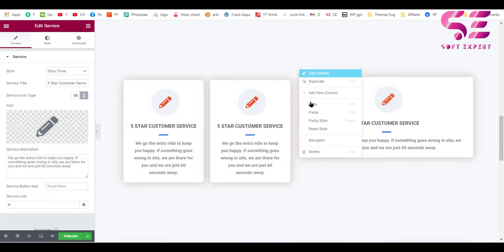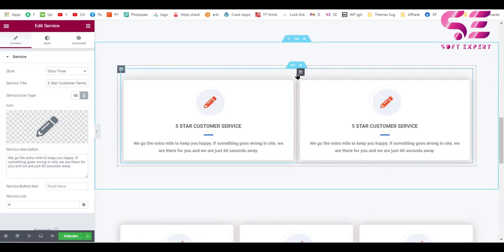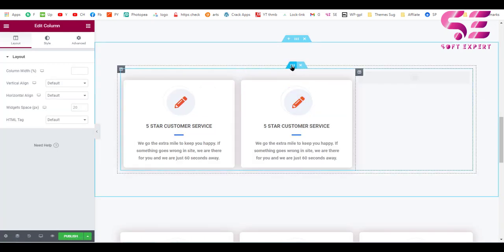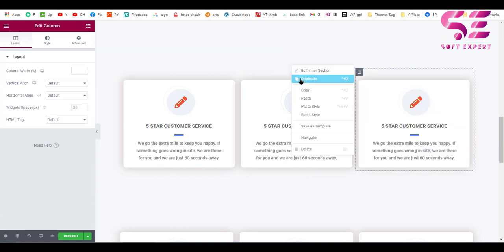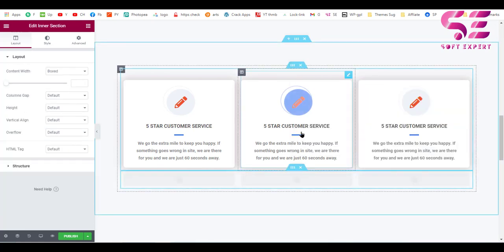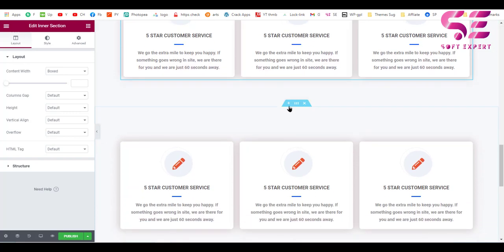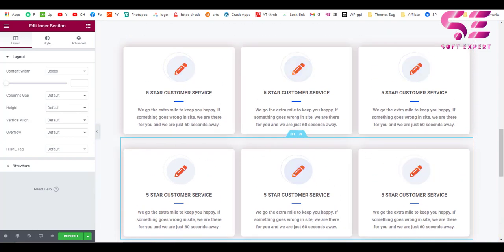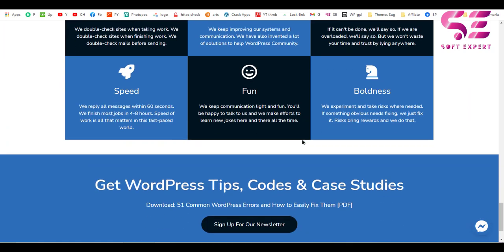And let's delete this column. We can duplicate this, and now we can duplicate the row only. And I think this is much better than this one.